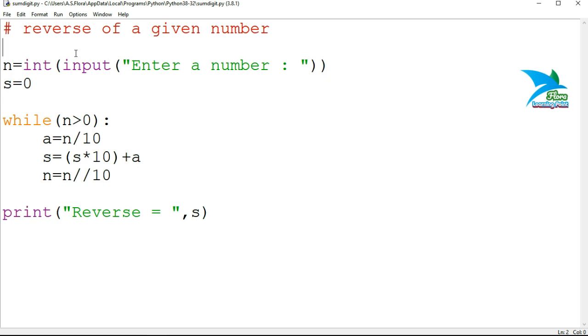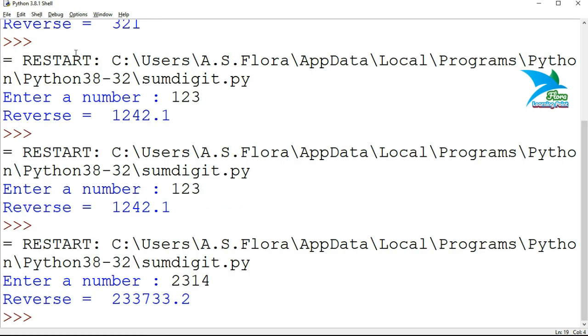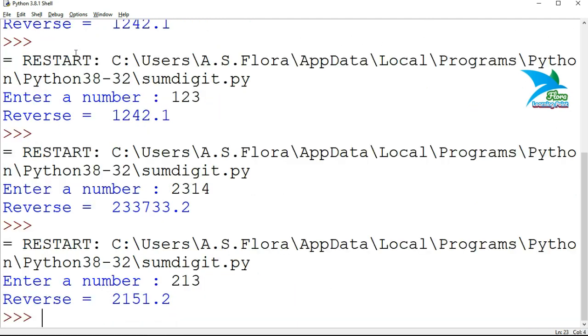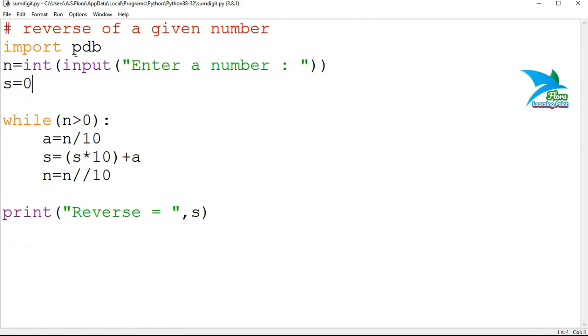So if you want to run this program in debug mode, first of all you have to import the pdb module, and I'll write import pdb. Then after this statement, save it and try to run this. Now the module has been